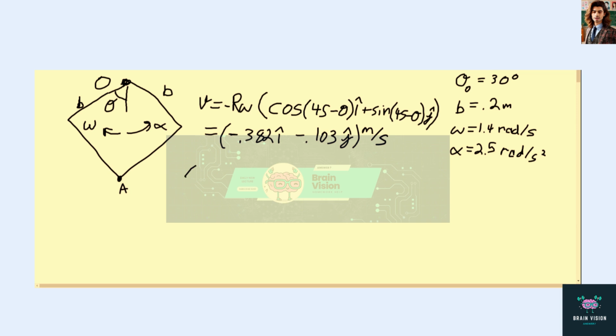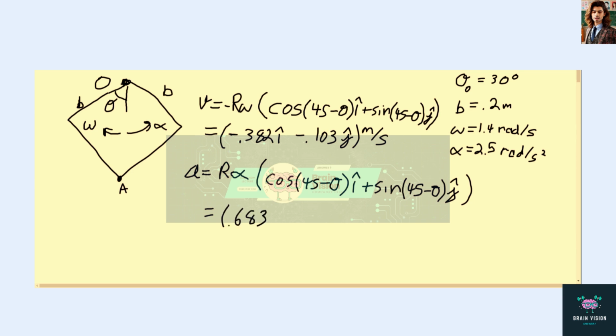And we can do something very similar for our acceleration. The acceleration will be r times alpha now. And we don't need the negative sign here because the alpha is pointing in the counterclockwise direction. And we again have this cosine of 45 degrees minus theta for the same reasons as before, times i hat, plus the sine of 45 degrees minus theta times j hat. And when we put the numbers in for this, we end up with a